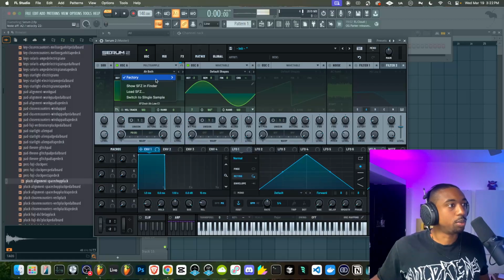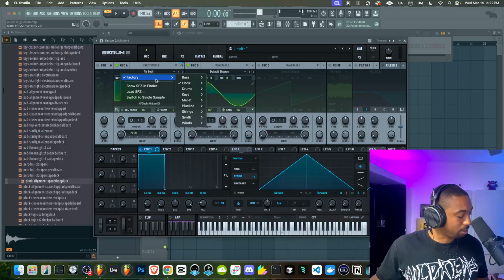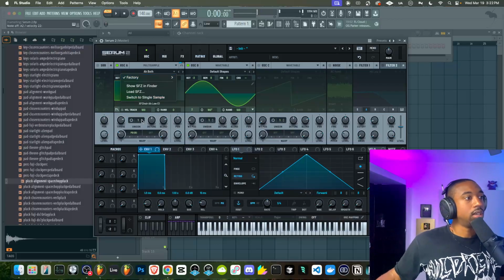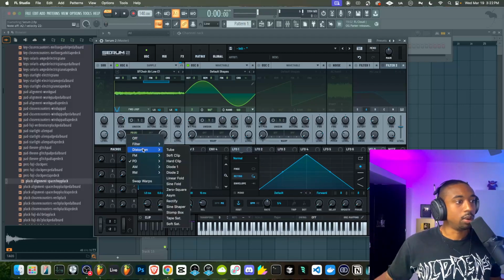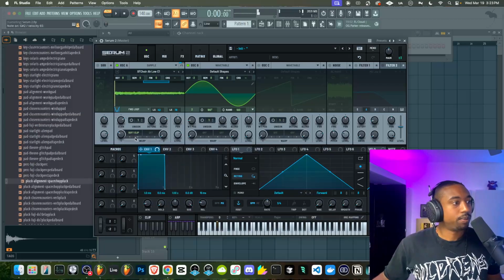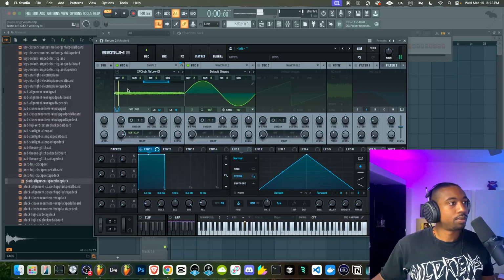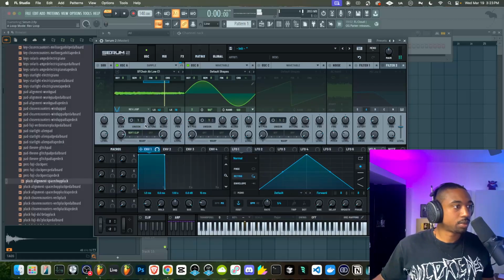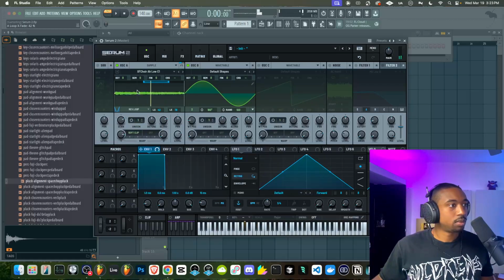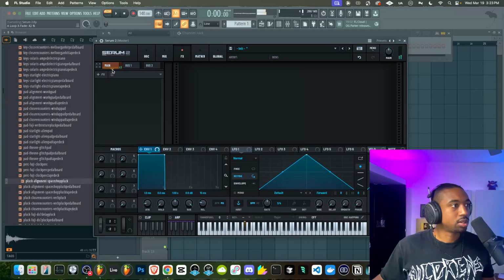Worth a try. I was hoping that it had quantized. That would have been like basically a downsample mode. Let's switch single. Maybe we could do it in the sampler mode. Let's see. No. Okay. Worth the try though. Let's do reverse loop. And let's go to effects. Let's try some main effects here.